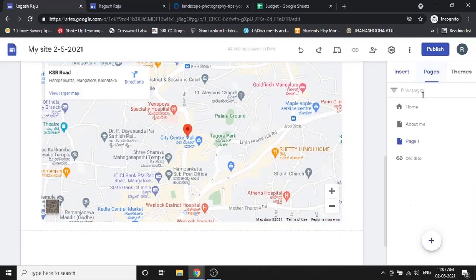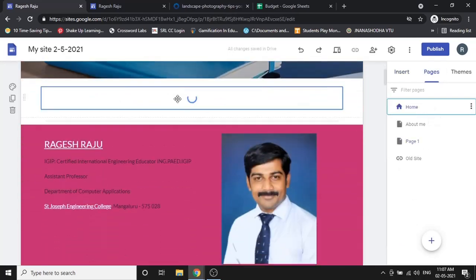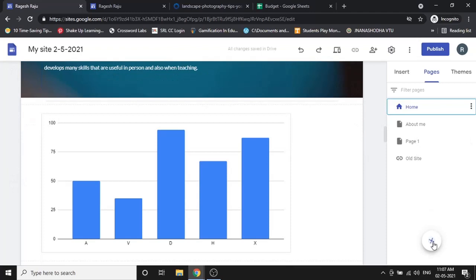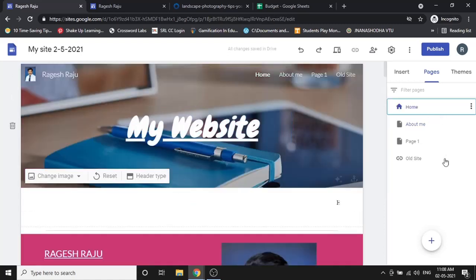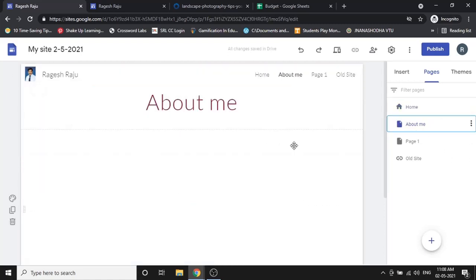Okay, so what I have done is, there was a home page where we have done all these multiple things. I click on this plus button inside the pages. When I click on new link, you get a link like this where you can give a name and a link to an external site. When you click on new page, a new page will get added, and for each of those pages, whichever header type you want, you can give, but by default whatever is there on the home will be displayed there, but you will be able to change it.